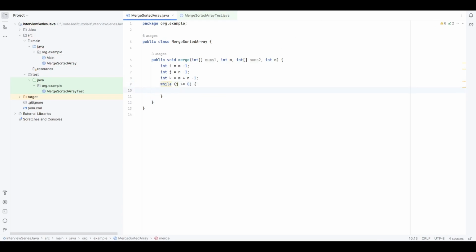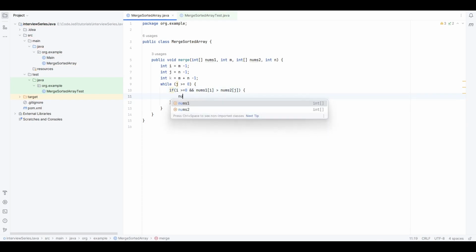Now, if i is also greater than or equal to 0 and if nums of i is greater than nums of j, basically if my i element is greater than j,